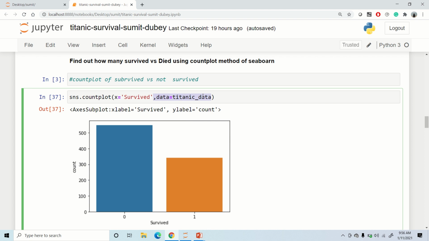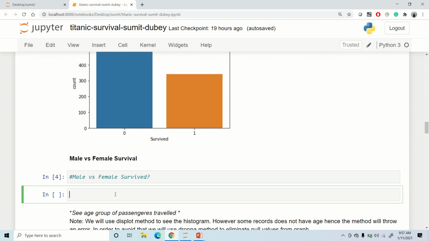Okay, great. So you can see that the number of survived passengers is less than the number of not survived passengers, which tells about the tragedy. So most of the passengers actually died. But from this count plot I am not able to understand how many male passengers survived and how many female passengers survived. So I'll use the same code, and additionally I'll make use of one parameter, and I'll say hue is equal to the name of the column which tells me the passenger gender, which is Sex.